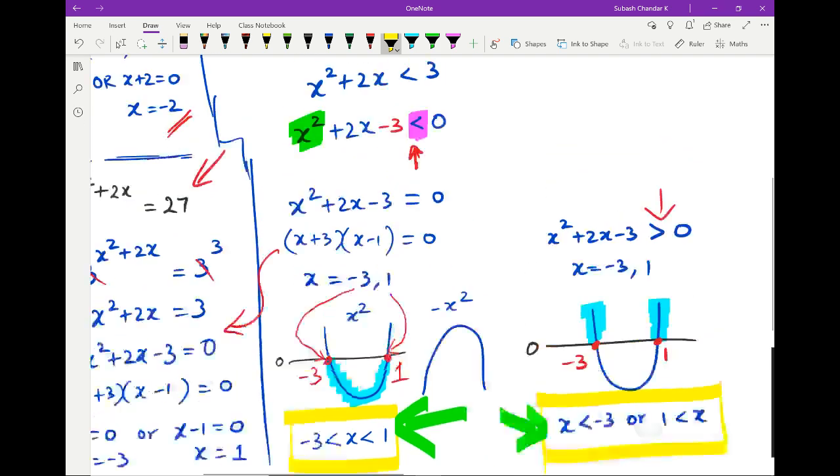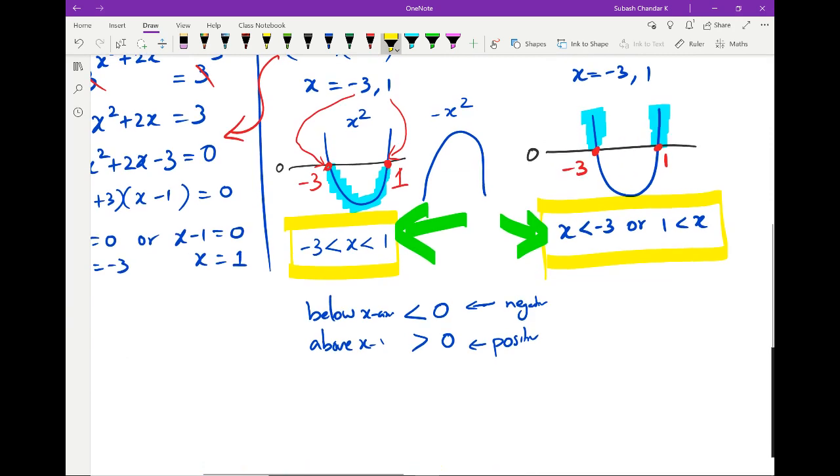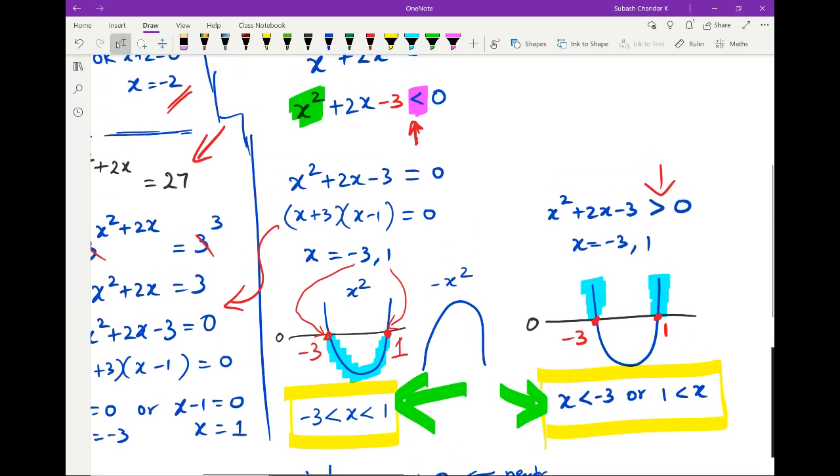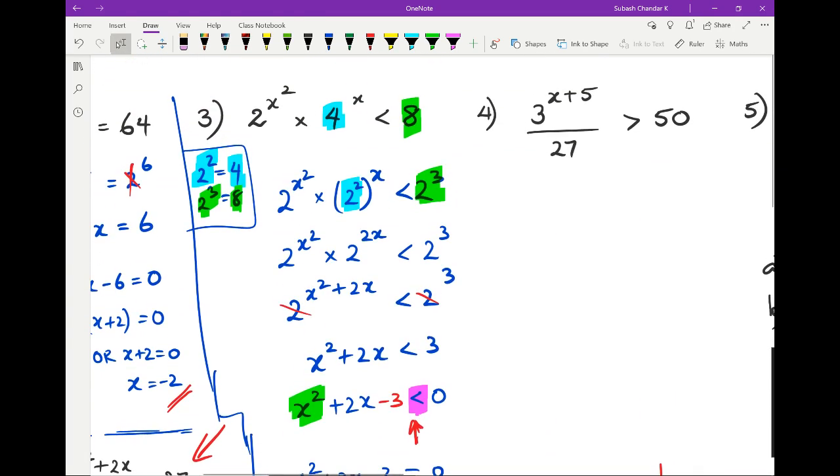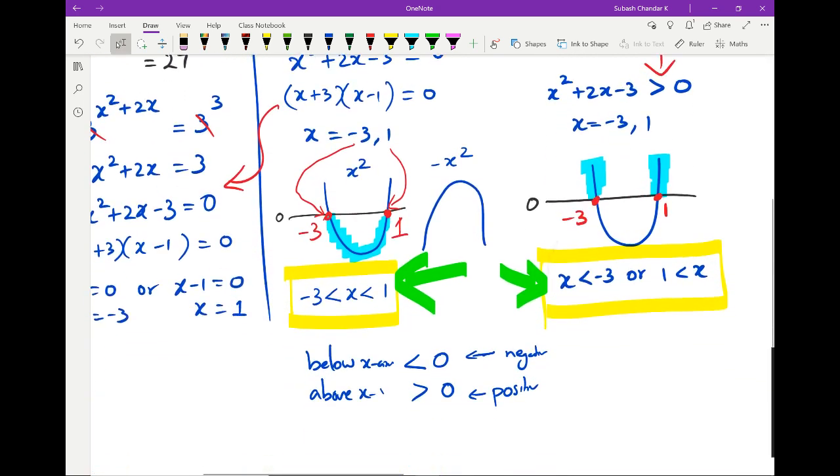Okay, so let's go to the next question, or should I actually give you guys a question like this for you to try it out? What are your thoughts? We got time. Because if there's nobody coming with what happens if the parabola is upside down? Okay, if the parabola is upside down,